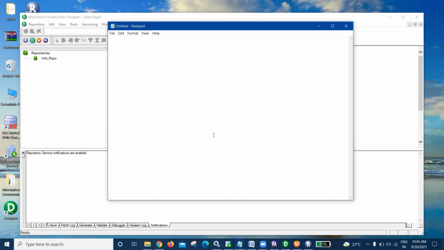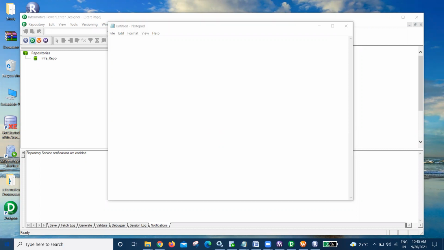So today we are going to learn about Informatica client tools. We have a few client tools that are integrated with the Informatica server. Once we have installed the Informatica server, then we have to install the Informatica client tools. It will come with a few tools. I'll show you the tools that it came with.